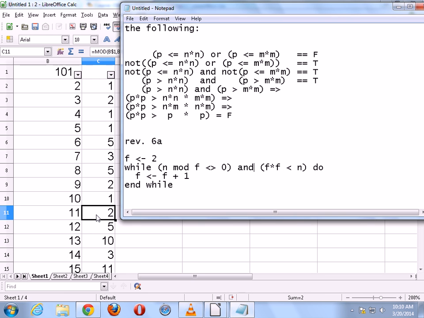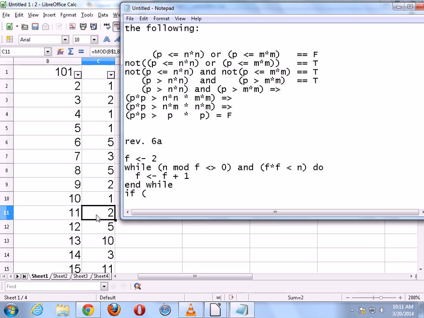All right. So now we have an algorithm that is optimized, but now we end up with a problem, because when it does exit, and n itself is a prime number, f is not really a prime factor of n. So we need to somehow fix that, in case n itself is a prime number. Let's say n is 101, we will get out of this loop when f becomes 11, and 11 is not a prime factor of 101. So what we need to do is fix it up with a conditional statement.